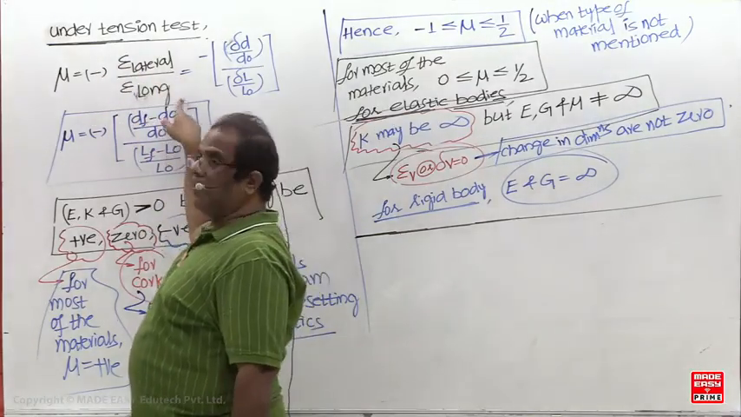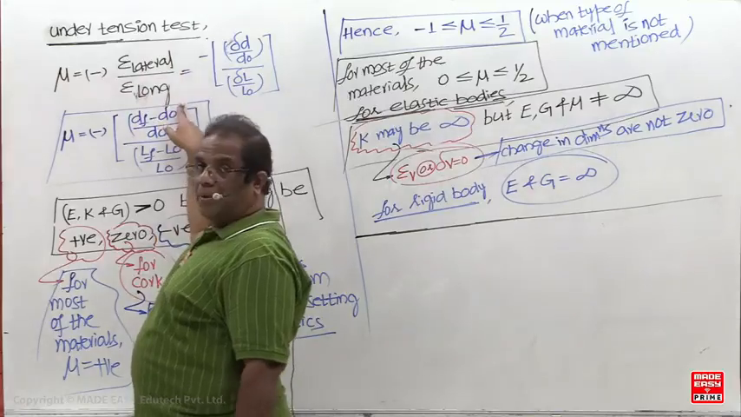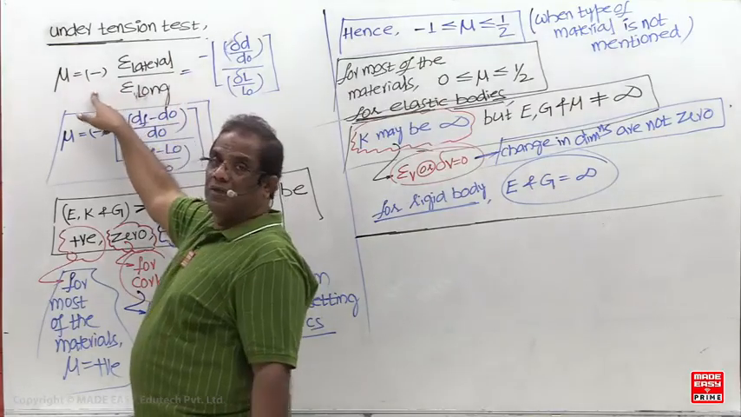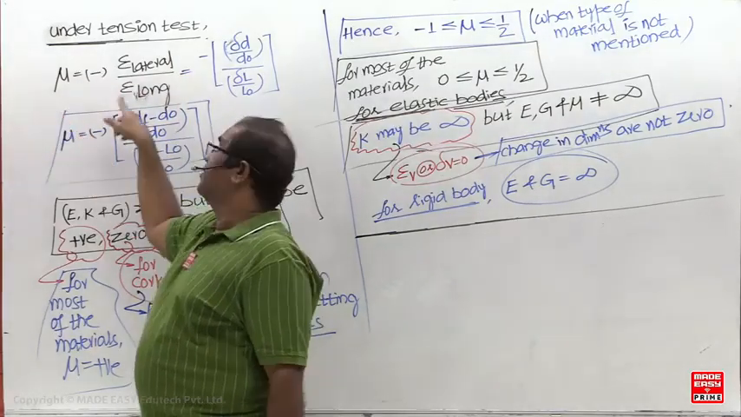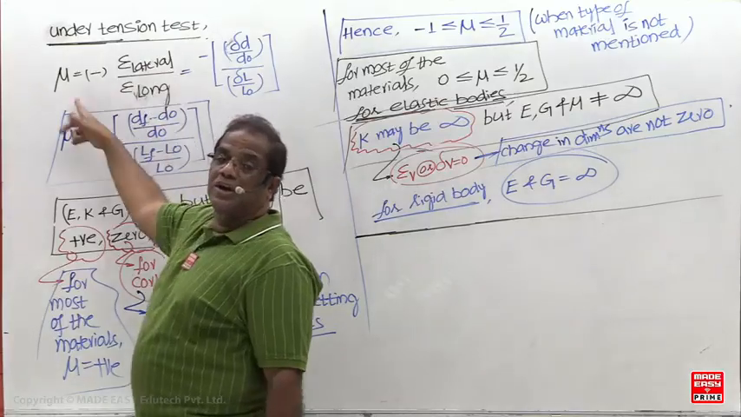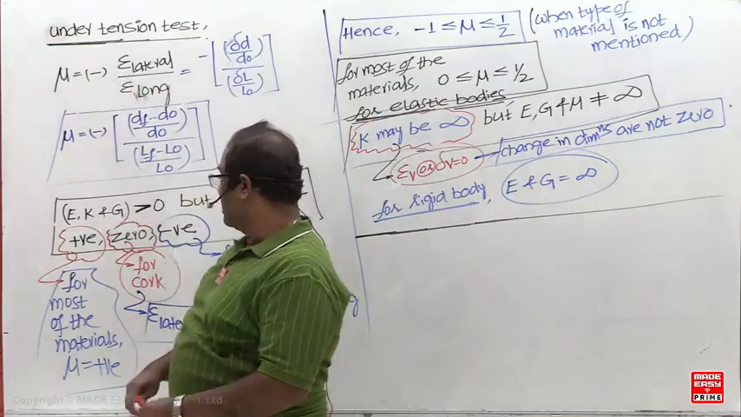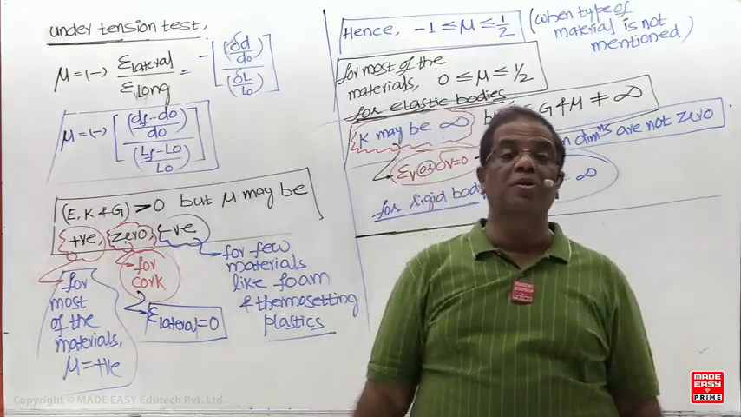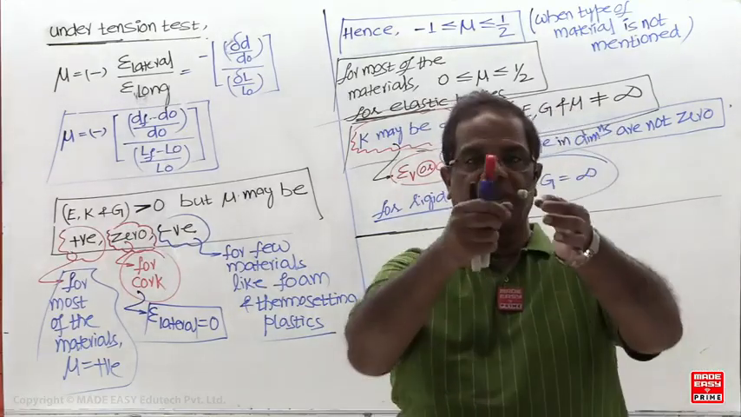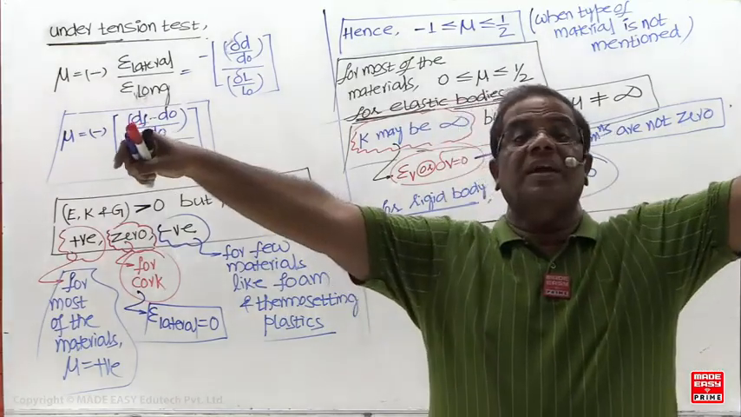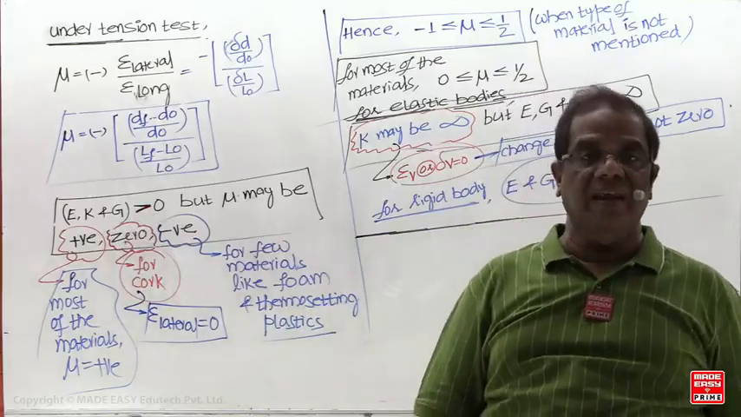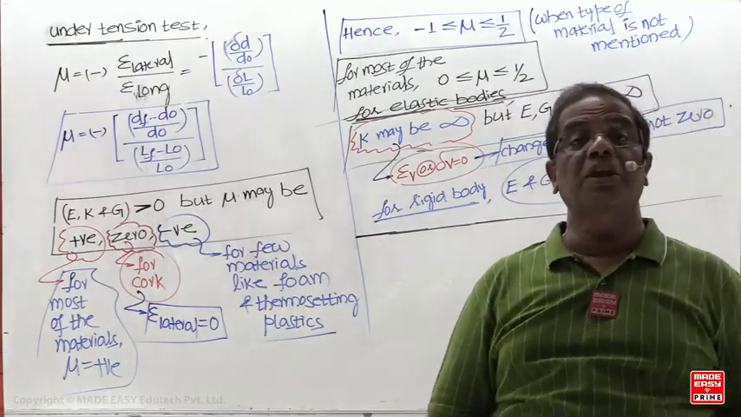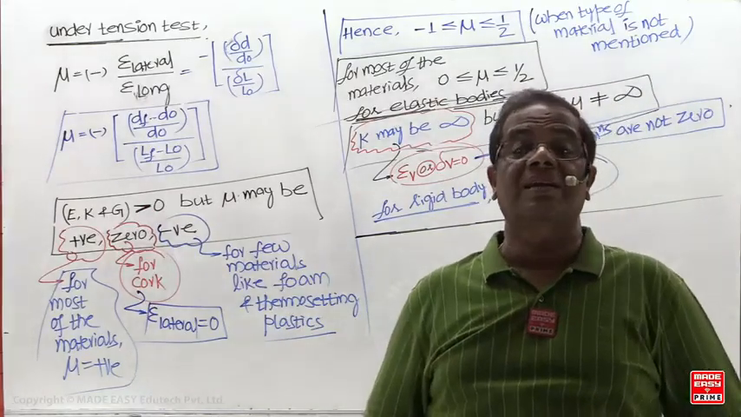When this ratio is positive, positive into negative will become negative. But if this ratio is negative, negative into negative will become positive. So what is the difference between mu positive and mu negative? When mu is positive, longitudinal strain and lateral strain are unlike in nature. When mu is negative, longitudinal strain and lateral strain are